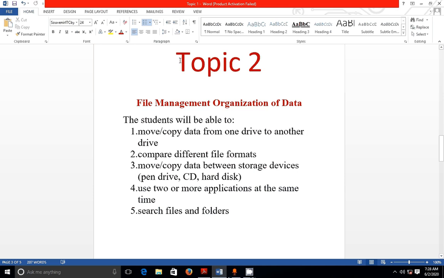We are learning about our second topic, file management and organization of data. What is the meaning of file? If we use Microsoft Word and save our file, that file gets an extension.